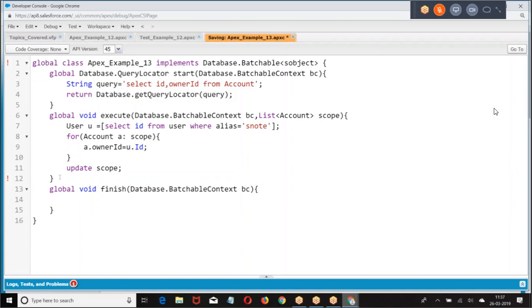This is my requirement: fetch all the accounts and update the owner of the records as student. Write the test class for this.